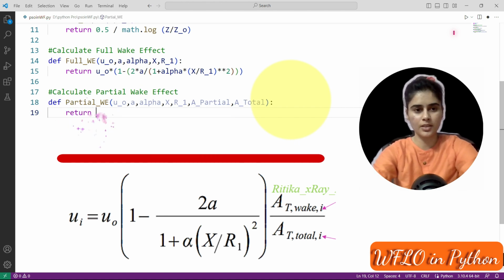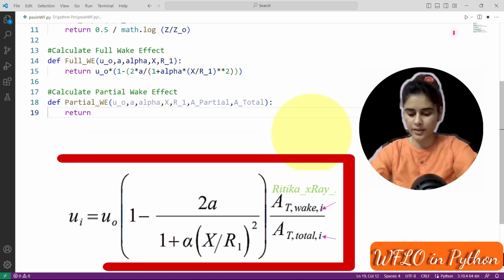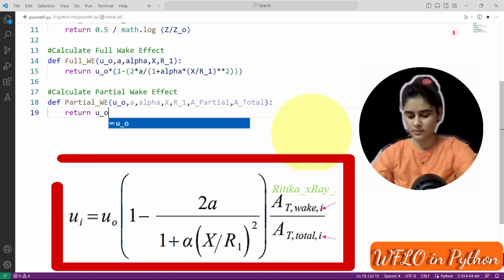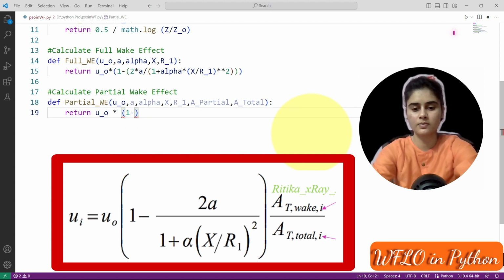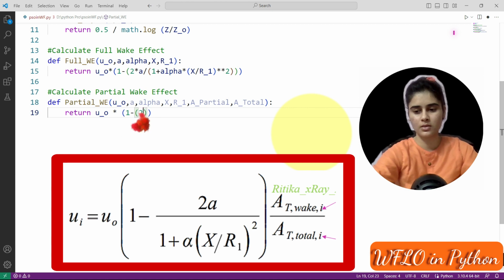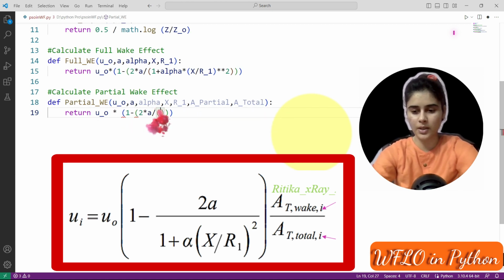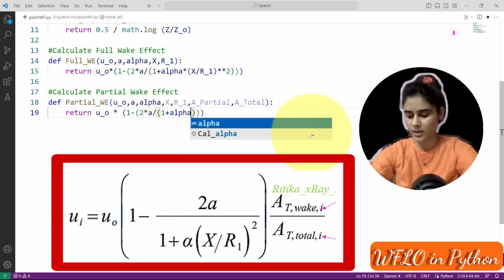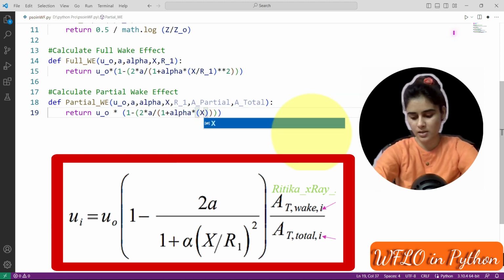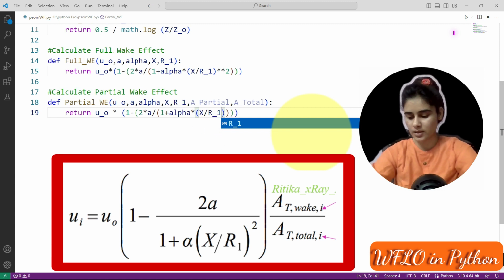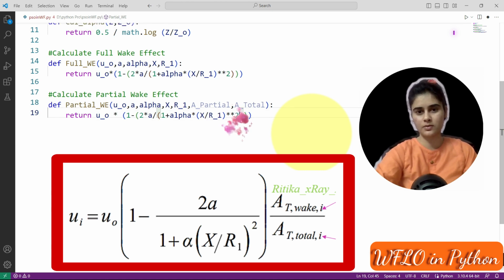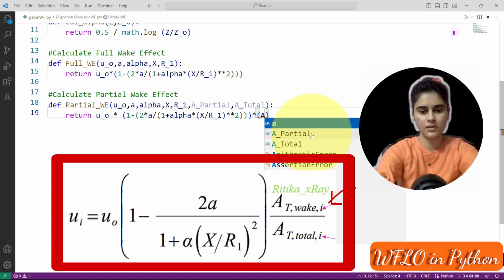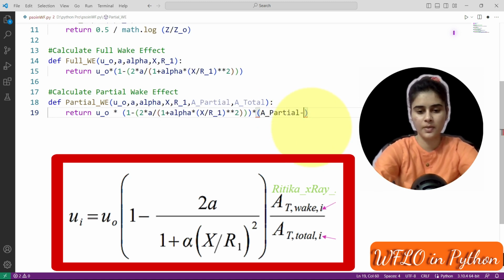This function will return, so enter this equation here. Now it is u0 into again 1 minus 2 into a divided by 1 plus alpha into x divided by r1, its power 2, into a partial minus a total.